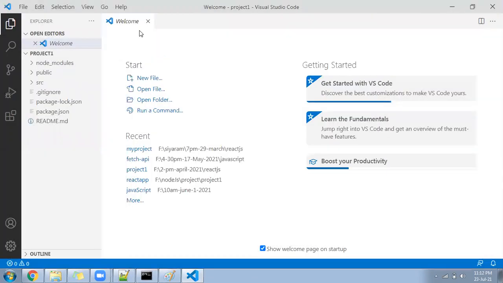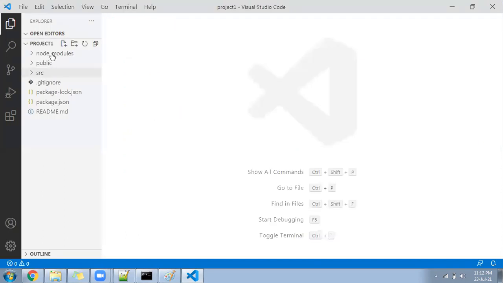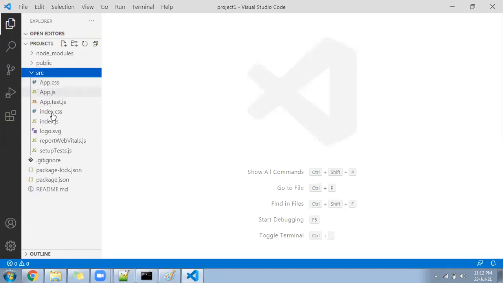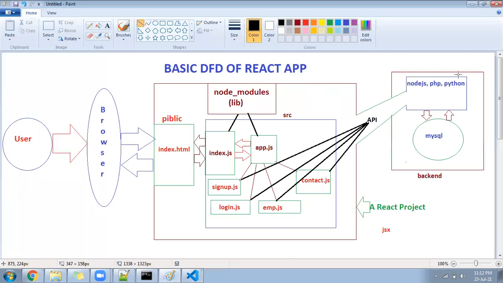So we are here. Welcome screen, I'll close, and you can see now. Hopefully it's visible. We have node modules with unlimited files and folders inside. We have a public folder inside. We have index.html, and we have one src also. There we have app.js and index.js. Both files are there that I have explained to you in the photo. See, index.js is there, app.js is there. The photo explains the same thing, no? Index.js, app.js, right? And this API, another part we are going to see further.